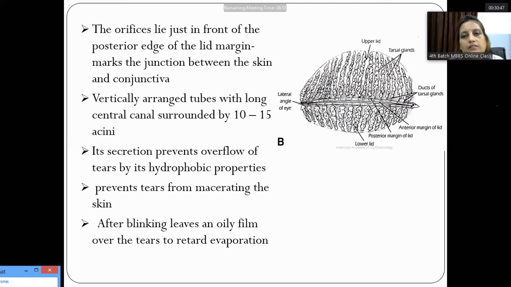So the clinical significance is that there are different types of dry eye. In the tear film we have the mucin secretions, we have the aqueous, and we have a lipid layer. The absence of this layer will result in deficiency of the lipid type. The lipids keep the eye moist, and the oily film in the tear also prevents evaporation.